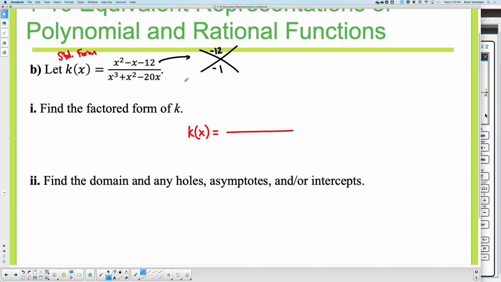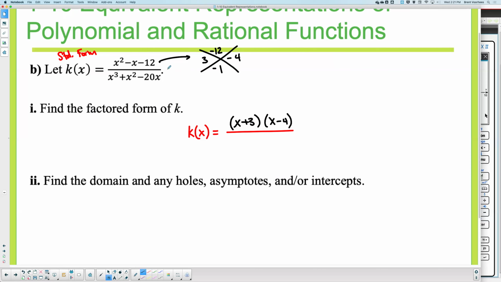Okay, what are my whole number pairs that can multiply and give me a value of 12? 6 and 2. 12 and 1. 3 and 4. Those are the three sets of options: 1 and 12, 2 and 6, 3 and 4. Which one will give us a -1? 3 and 4. And to make it a -1, it's a -4. Okay, so this would factor as x plus 3 times